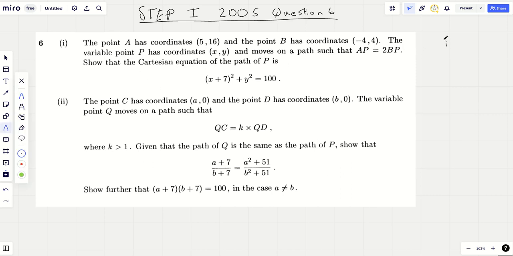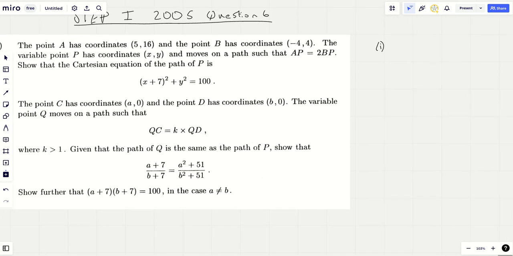Okay, so let's have a look at part one. We're told A has coordinates (5, 16) and B has coordinates (-4, 4). Well, that seems quite straightforward. And we're going to define the point P such that P moves on a path so that AP equals 2BP. Now they're clearly talking about the length of AP being double the length of BP here, and we've got to find the Cartesian equation. Now this is like a loci question with coordinate geometry really, because we're looking at something which moves on a path, but really I can't see much else to do here other than say, well, okay,